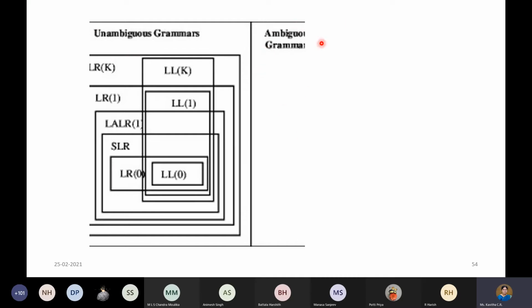and we don't use the ambiguous grammars for any of the parsing techniques because it will have the conflicts for sure. So I was asking this question during Viva, whether we can use the ambiguous grammar for parsing. Some people said, yes, we can use it. No, if you use, what happens? Definitely the conflict will occur because you know the reason.